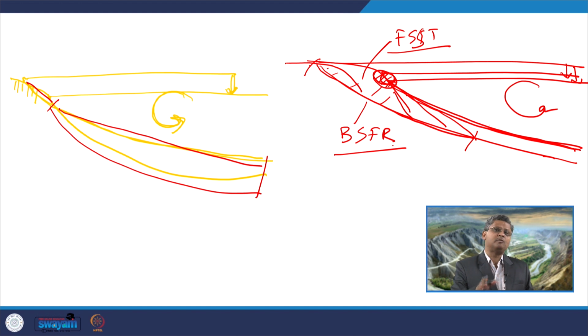So, whether BSFR will be preserved or not, it depends on these factors. What is the base level position, what is the inclination of the substrate sea floor at that particular point of time, and what is the relation of wave equilibrium with respect to sediment supply into the system. All these factors together will control the nature of accumulation of sediments, and that will control whether the original substrate is preserved, maybe entirely, maybe partly, and depending on that whether we get the BSFR preserved within a sedimentary succession or not.